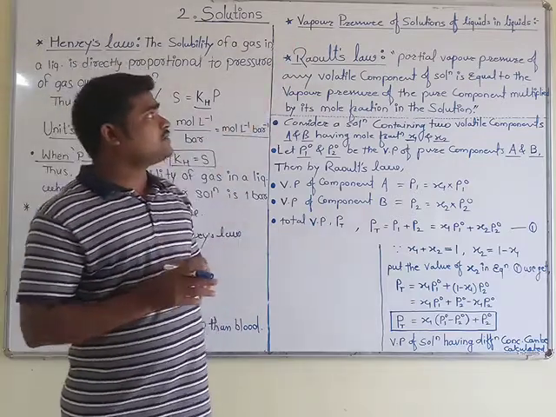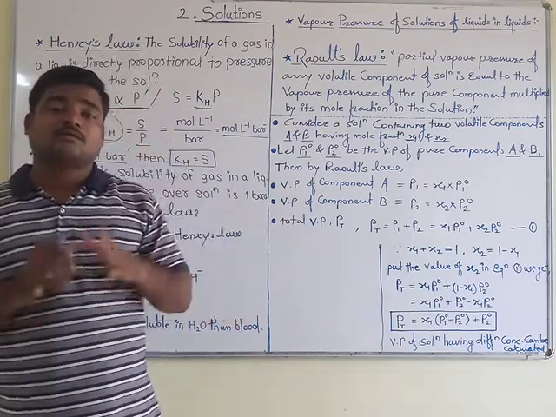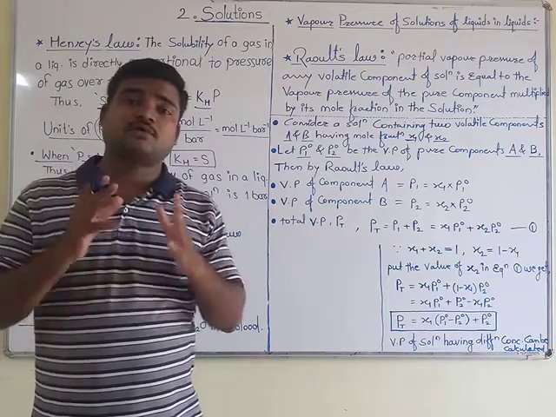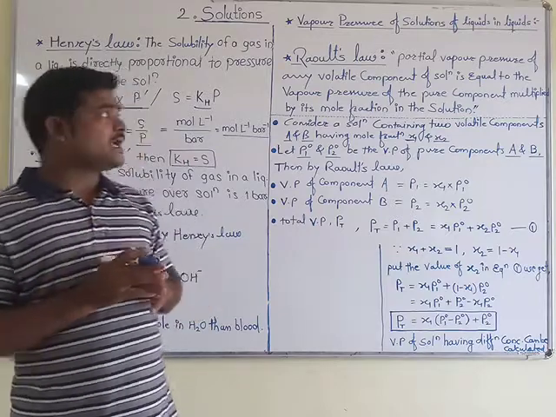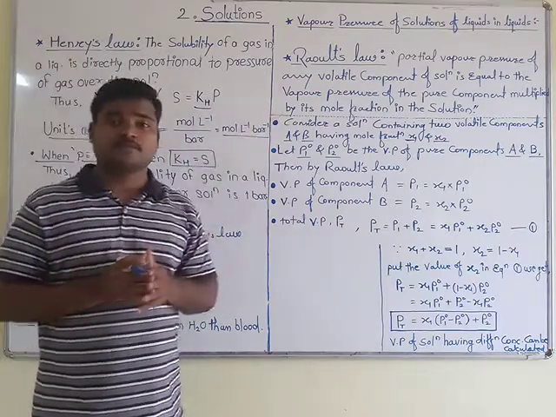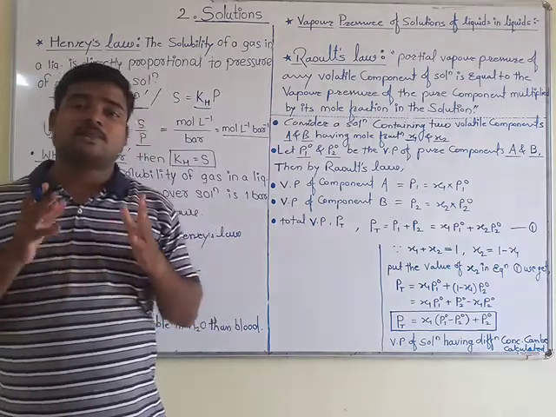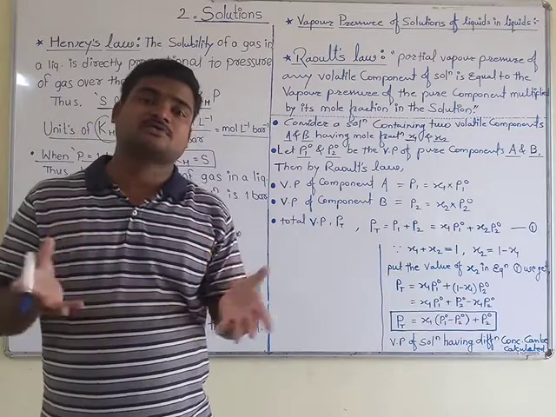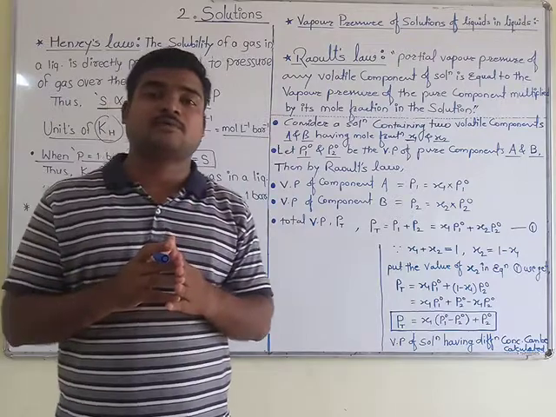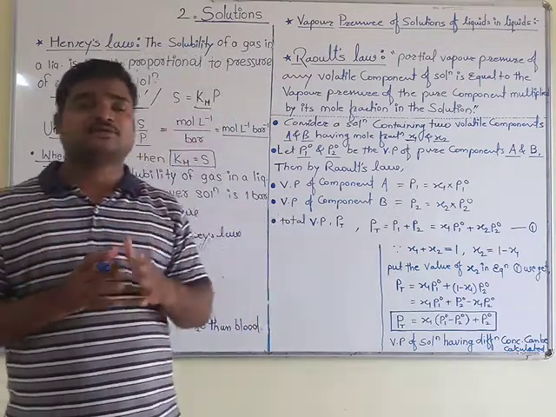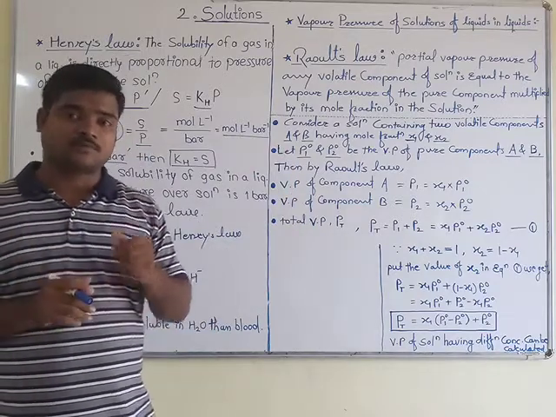Now vapor pressure of solutions of liquids in liquids, this term we are studying for the combination of two liquids, that is, we are calling it a binary liquid. For binary liquids, Raoult's law is very useful for calculating partial vapor pressures of individual components, and by calculating partial vapor pressures he calculated the total vapor pressure. That derivation we are now going to see in the next point, that is Raoult's law.